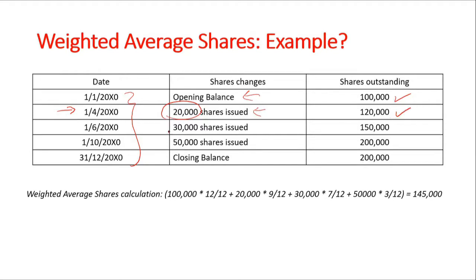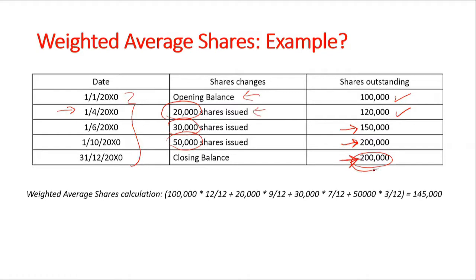Then on 1st June 2000, 30,000 more shares were issued, coming to a balance of 150,000. On 1st October, another 50,000 shares were issued, coming to a total balance of 200,000. So the closing balance of equity is now 200,000. But when we calculate the EPS, or earnings per share, we need to take into account the